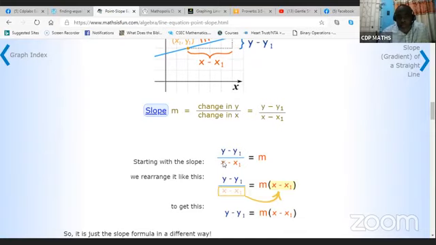They shift, changing x and multiply it by m, and they get this. So that's all they did. They make the change in y the subject of the formula. That's it. So to switch from one to the next, so the slope form